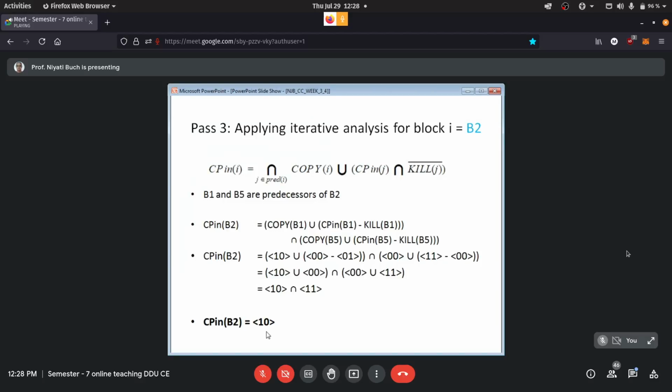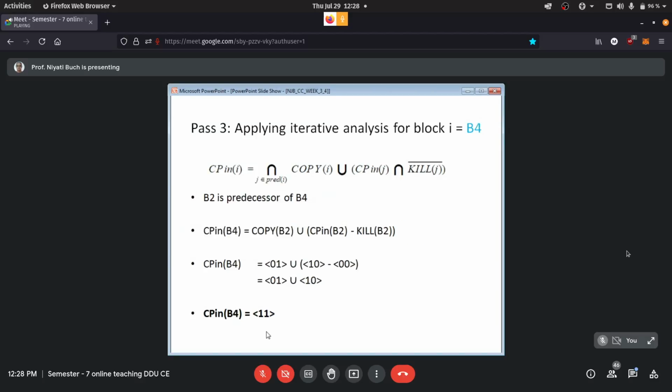Moving further with the next block, after B2 we will take B4. Like I mentioned previously, you should keep your work order fixed. You are not supposed to change it with every iteration. For the first pass it does not matter because it is just the union of all, but for subsequent passes it becomes very necessary that you take the same order of the blocks. If you do not, you will not get the correct answer. You can try it out if you wish and have time, otherwise just accept this fact, that you have to take the same order.